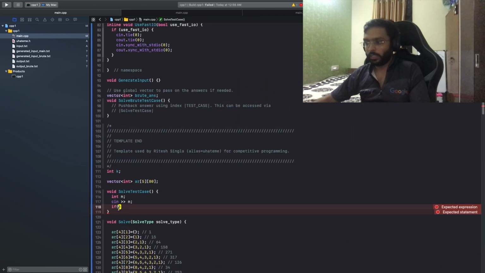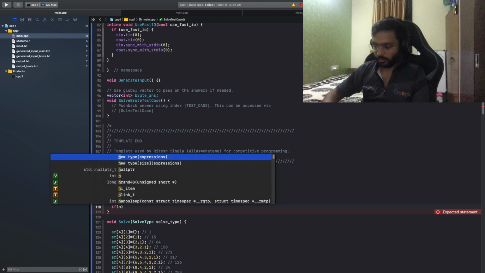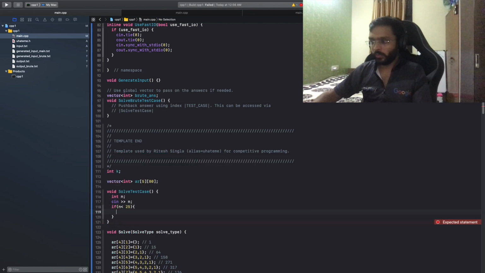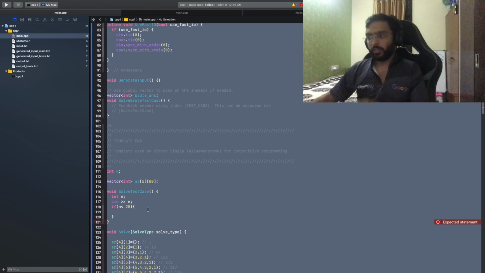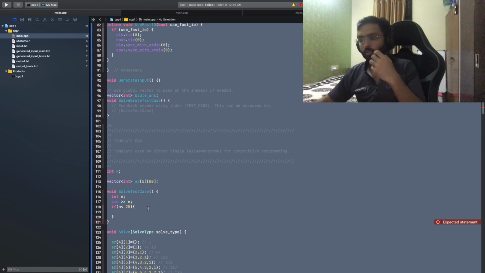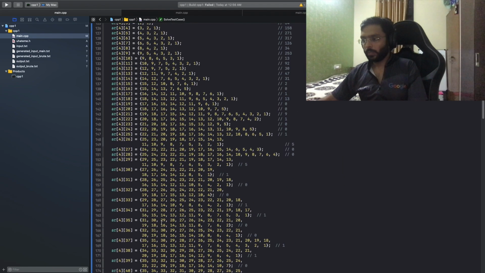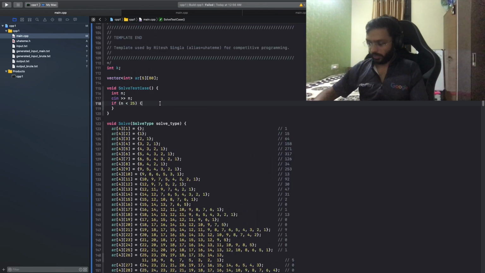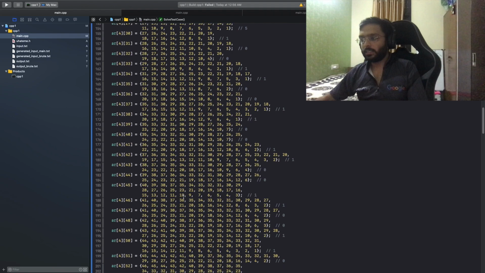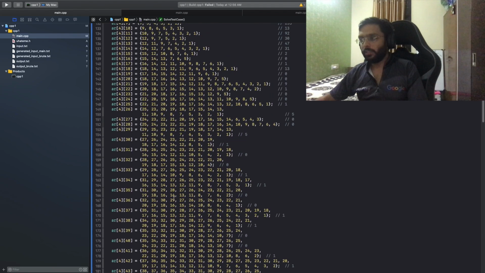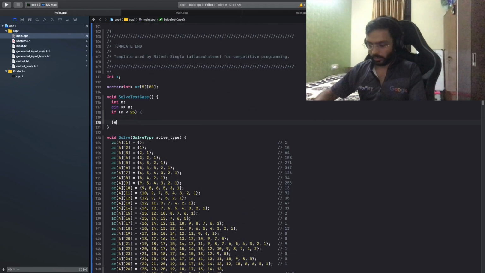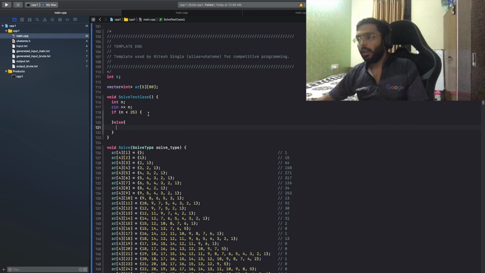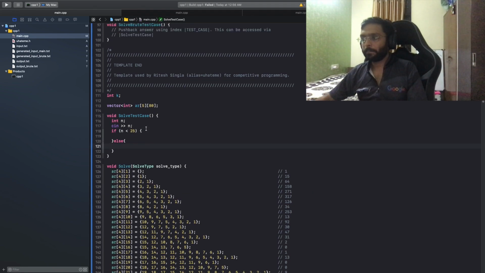So let me handle it separately. Let's keep 25. If n is less than 25, that means I have already hard coded the entire assignment that needs to be done. It just reformatted. Anyway, for n less than 25, I will simply use the hard-coded value, else I will do something else.